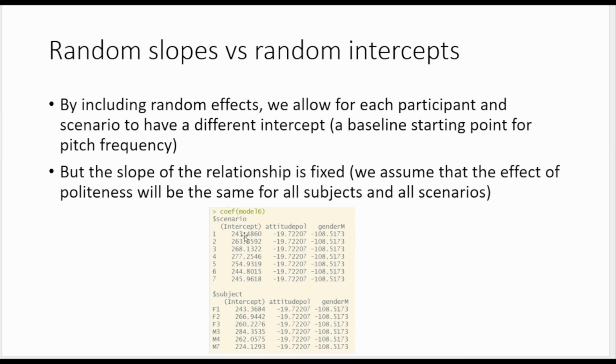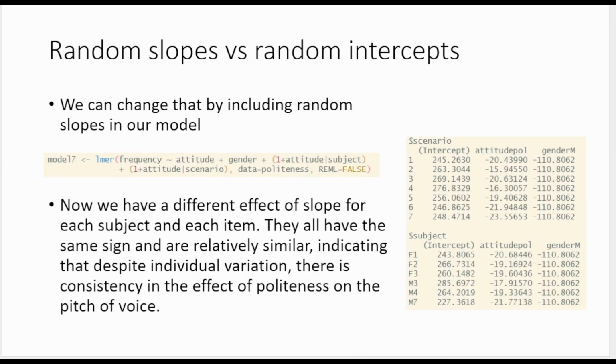each of the levels of the mixed effects can have a random slope as well. So we can change that, like I said. We can change our model so that it includes random slopes. So here's model 7, right? So we have a linear mixed effects model. We're predicting frequency with the fixed effects of attitude and gender. And now here comes the change, right? So we want a random slope based on attitude. We want our attitude to affect